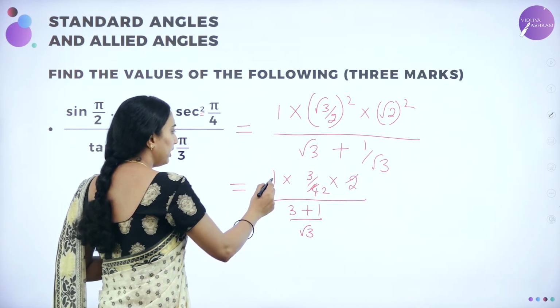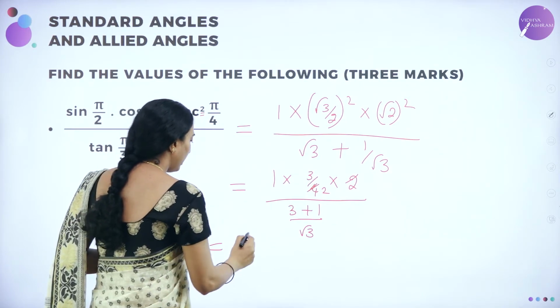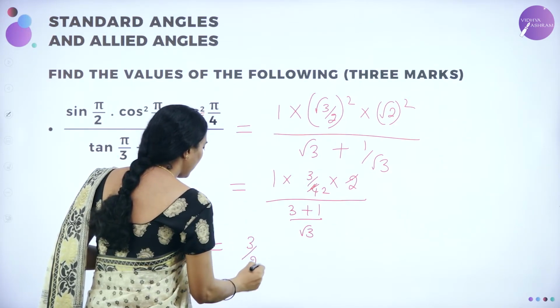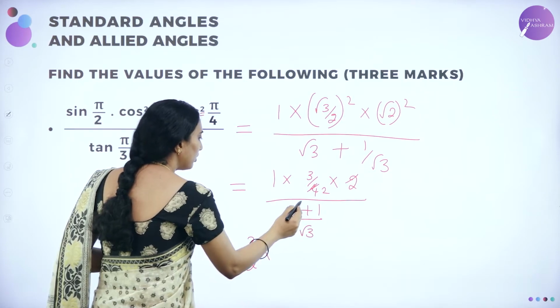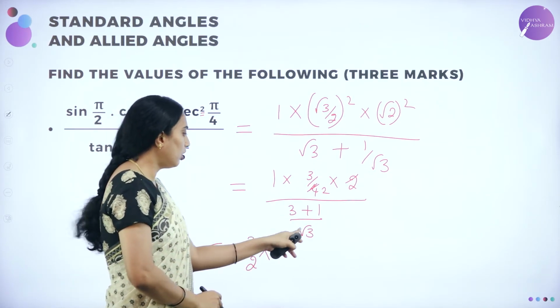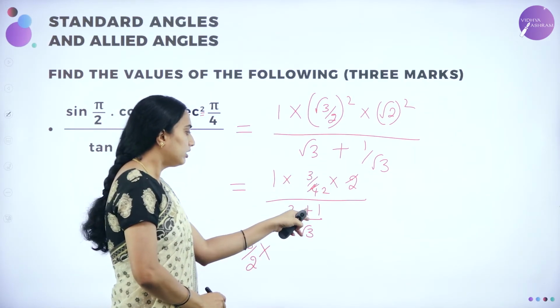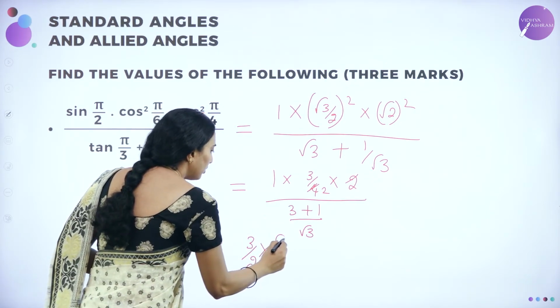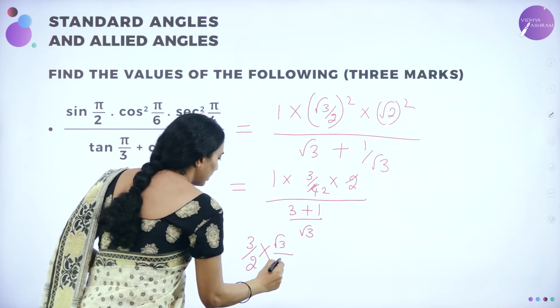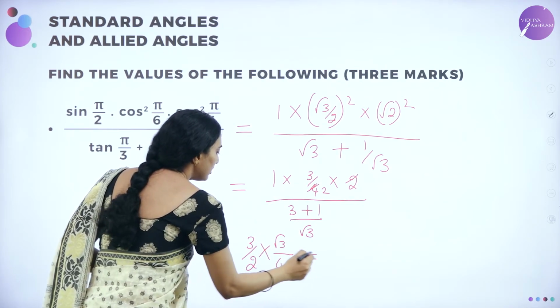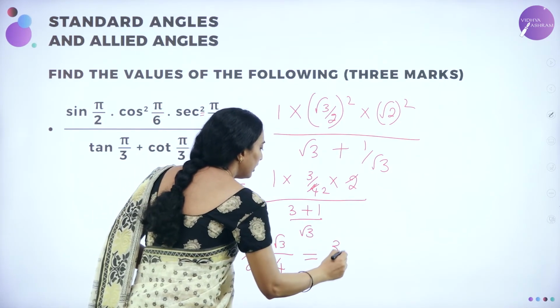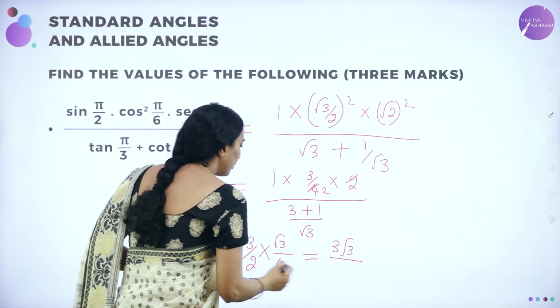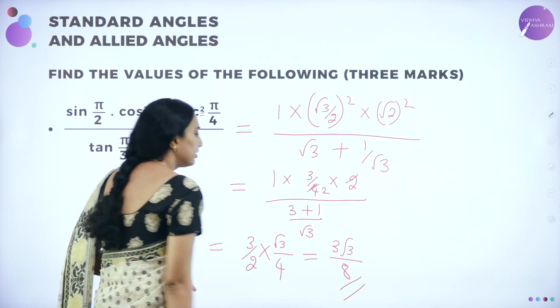So therefore remaining is 1 into anything will be same thing, 1 into 3 by 2 as it is you are writing into. Now this will go to the, if you take into, denominator will go to the numerator, this will as it is remains. So 3 plus 1 is 4, here root 3 you are writing divided by 3 plus 1 is 4. So the answer you are going to get for this one is 3 root 3 divided by 4 2s are 8. This is your answer.